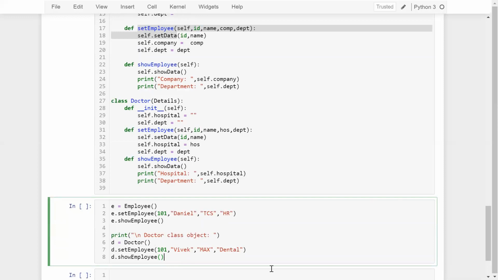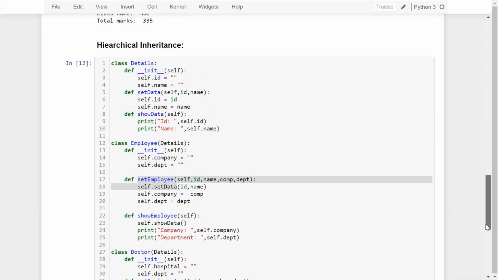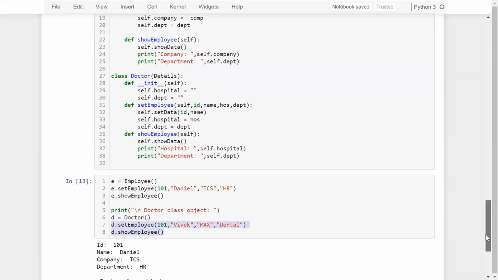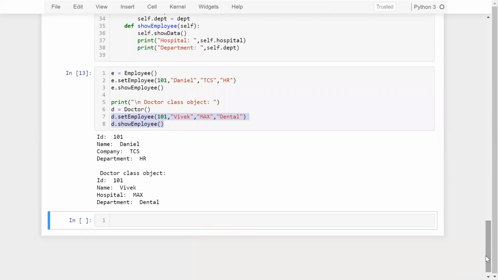This one. So first of all, I am going to create the employee class object. And apart from that, I am going to access the doctor class object. Okay. So guys, here what I did, simple, I created the class, which is details, and that details class I'm going to use in my multiple classes, employee class and doctor class. It means your single class, which is details, is involved in different kinds of classes. Simple. So this is a very elegant example to understand hierarchical inheritance in Python programming.